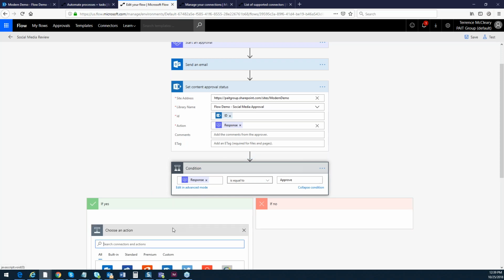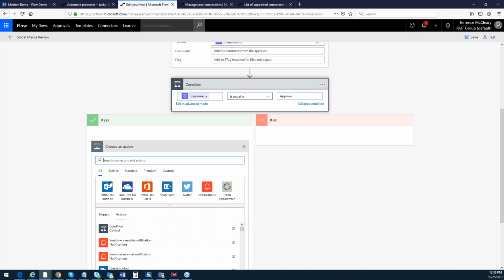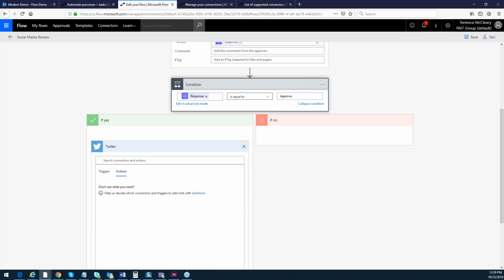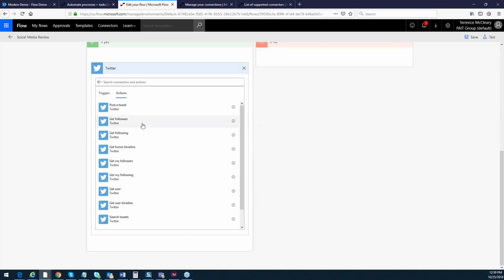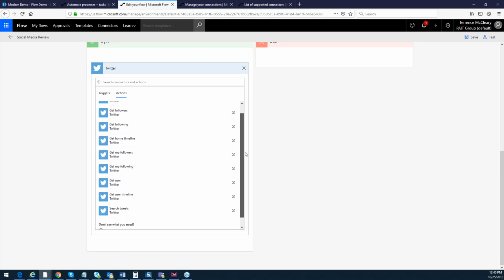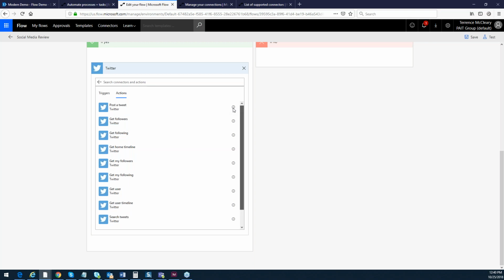I'll add an action inside the yes. And I actually happen to see it right here. So I could also just click on one of the connectors, like Twitter, and post a tweet. But you can also see, get a list of my followers, get following, get home. So every connector is different in terms of what you can do, and you can only do what Microsoft has programmed the connection settings for that connection. So I can post a tweet,